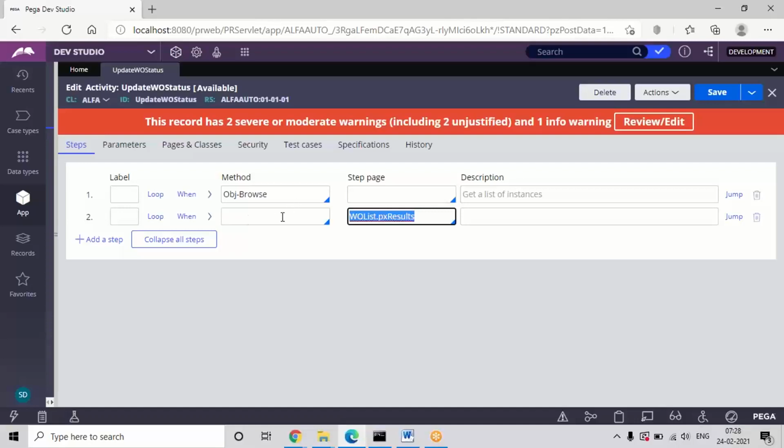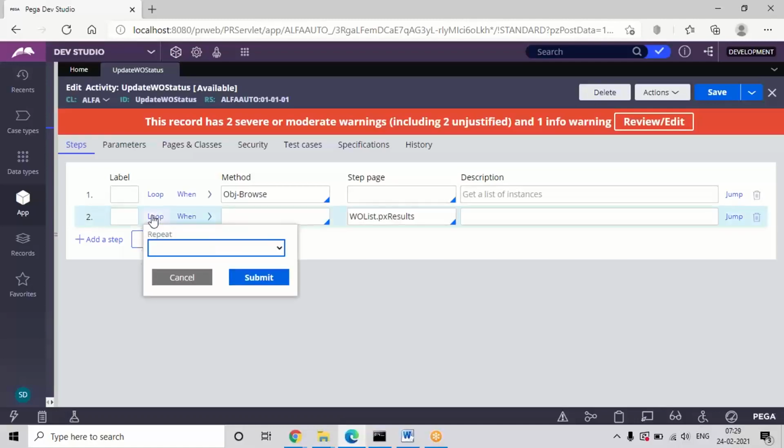So in the method tab we don't use any method. Whenever we choose the loop condition, only give the results page, and then we have to choose the loop condition. Mostly, 99% of cases, we will be using px results, which is a list property. And for a list property, there will be 3 to 4 types of loop condition, but we will always use for each embedded page, because for list properties this is the only loop condition supported. The other types are for other property types, because when fetching multiple records we will compulsorily go with for each embedded page only.